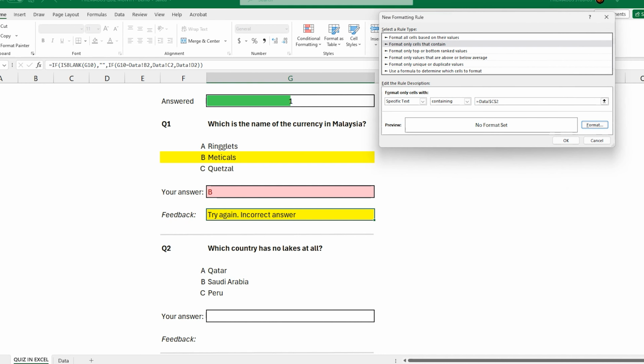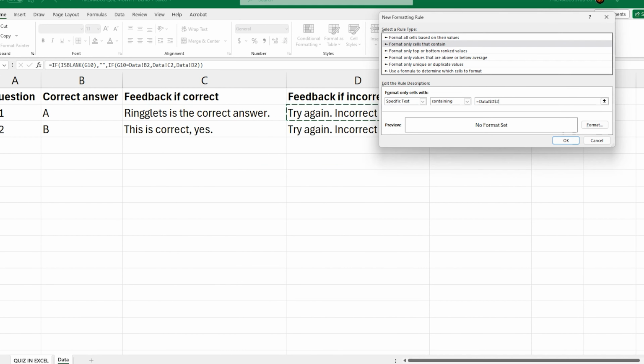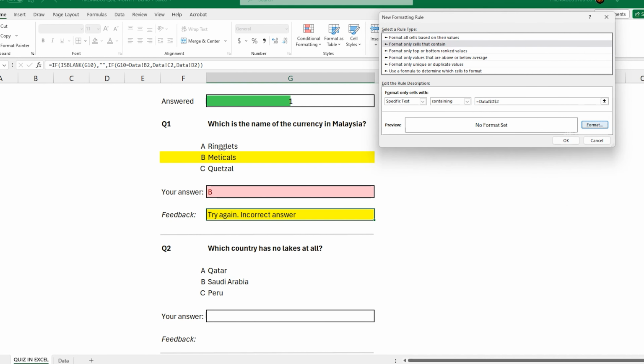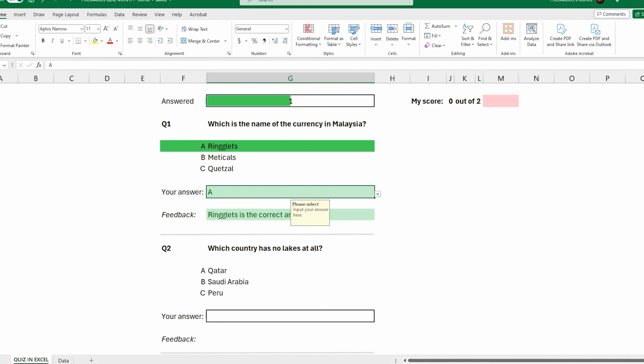Then add a new conditional formatting and say that if the answer is this one, click on the arrows and then change the conditional formatting to yellow, for instance. I'm not doing it again because it's already done, but this is how you make this kind of formatting. So far what we did is to have this kind of view. You can change the color coding, you can choose whatever you want, but this is already made.